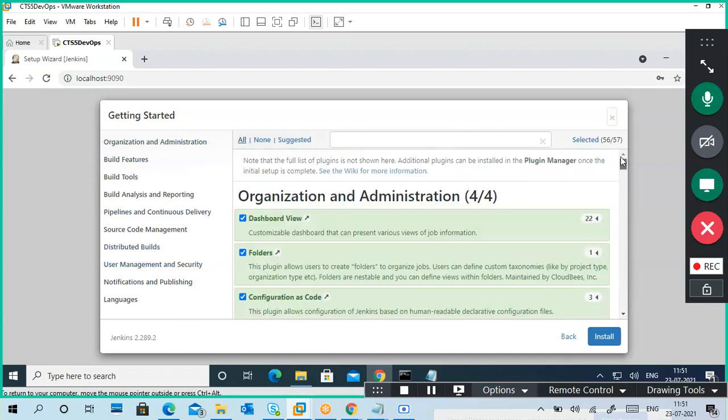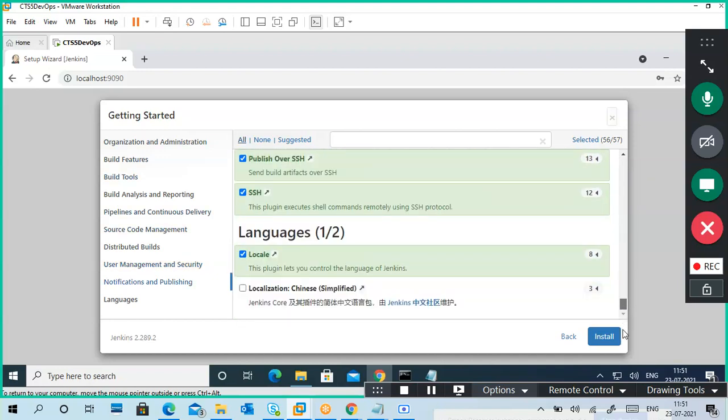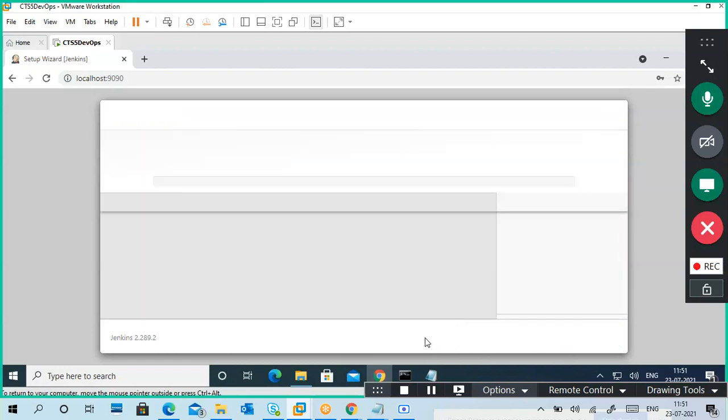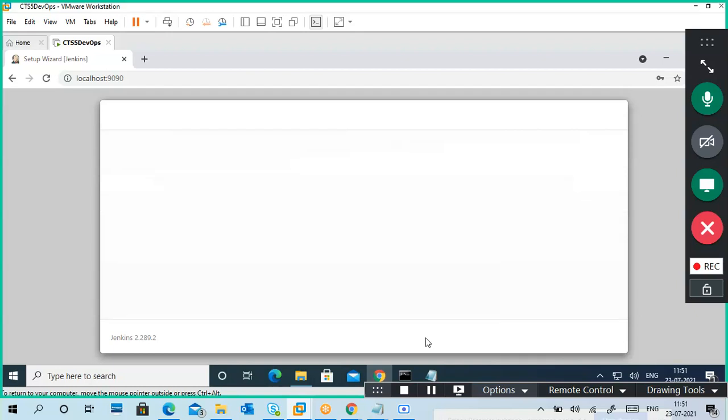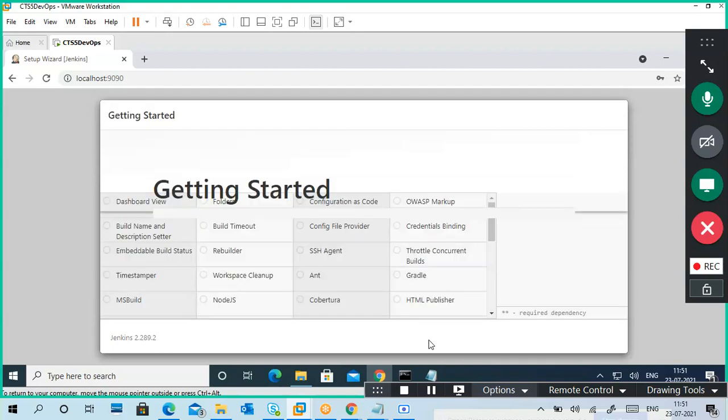It is slow in this one. All except Chinese, I selected everything because I don't want to decide which one to install. I just click on install. It literally takes time. First it resolves the dependencies, internet, background kind of stuff. Sometimes it is stuck somewhere and takes a lot of time.